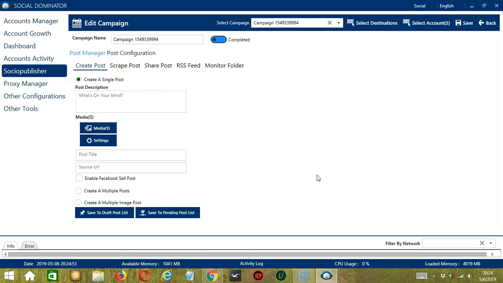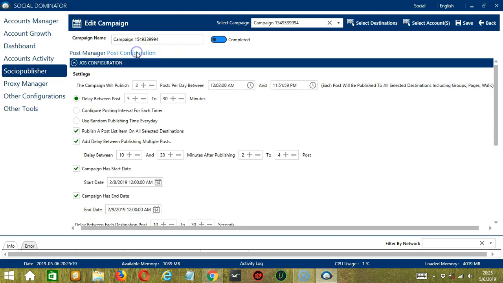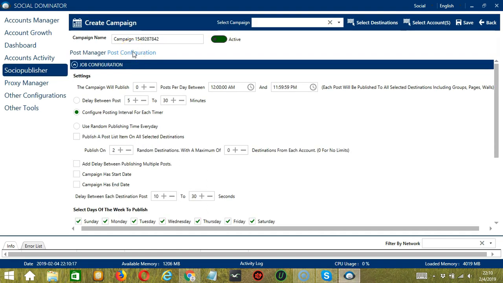Now let me show you how to automate advanced Facebook settings on Socio Publisher. On the Edit Campaign page, let's select Post Configuration. So in this section, you will need to set up how and when the tool is going to execute the Socio Publisher actions. So the first